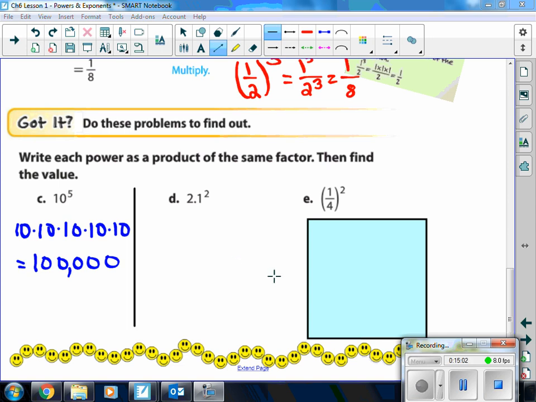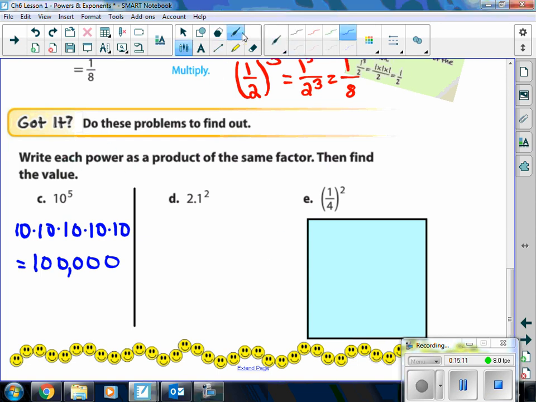So for problem D, we have 2.1 squared. So 2.1 squared, if I want to write that power as a product of the same factor, what am I going to write? 2.1 times 2.1. Very good. Now, when I have decimals, I don't like to do the dots because there's too many dots on the page. So I use the X for the multiplication when I'm doing decimals, okay? And then 2.1 times 2.1 is